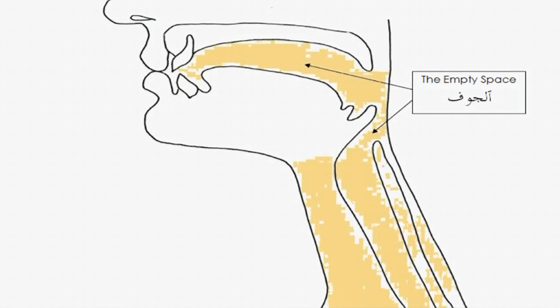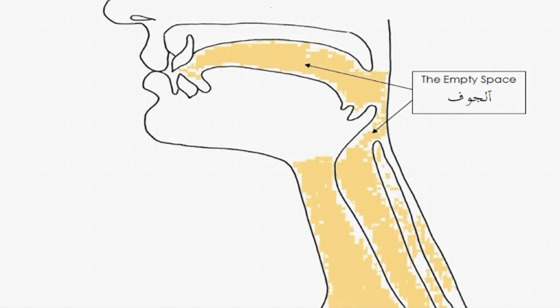It begins at the top of the chest and extends to the tip of the lips. This entire empty space is known as al-jawf, and 3 letters emerge from it, or to be specific, 3 long